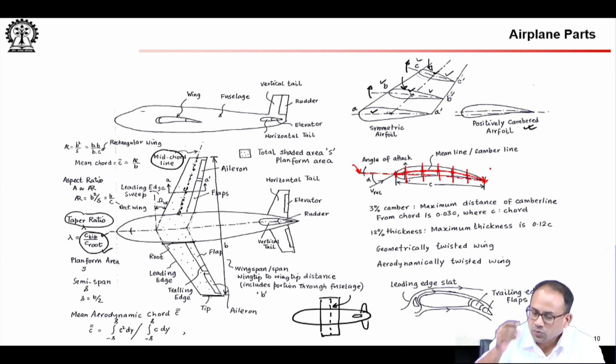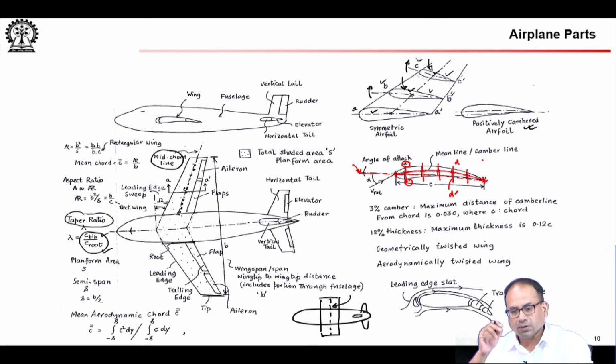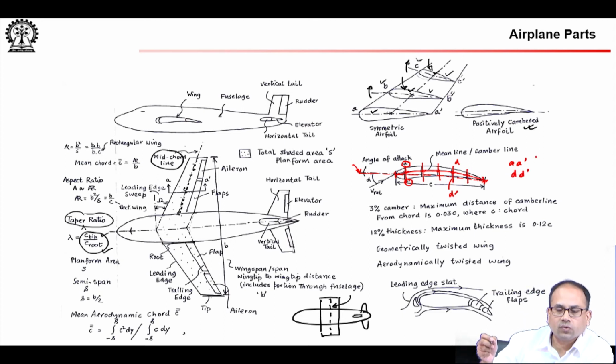And the other construction, so you drew the perpendiculars to the chord, found that for example, this perpendicular cuts the top surface of the airfoil at A and the bottom surface at A prime. Say this one is D and D prime. So, these locations are D and D prime. Those distances give you the thickness of the airfoil. So, when you draw those perpendiculars on the chord and find where they intersect the airfoil, the top portion and the bottom portion, then AA prime, DD prime, these lengths give you the thickness distribution of the airfoil.